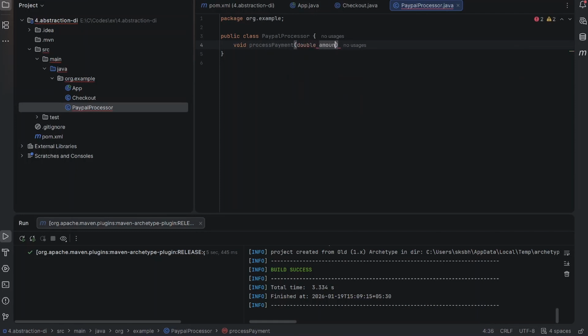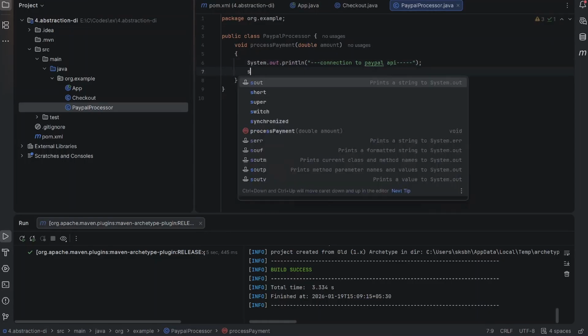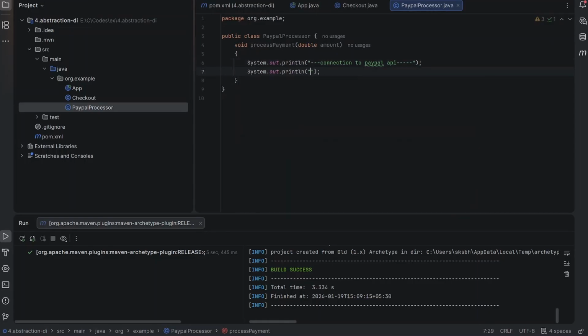It will take an amount and complete its payment. So let's say it first connects to the PayPal API, so let's write connecting to PayPal API. Then it verifies the credentials, verifying the credentials,